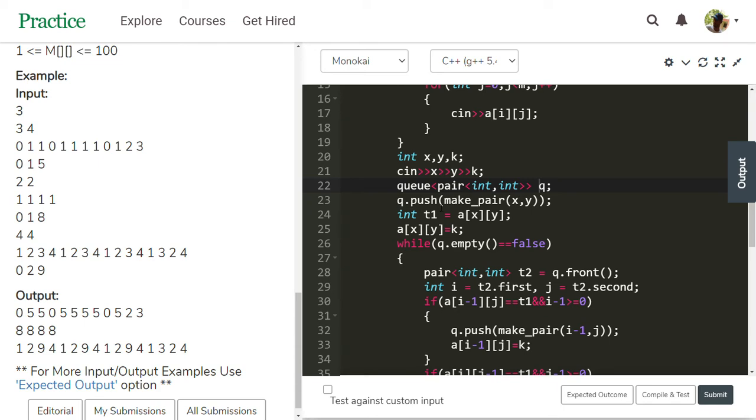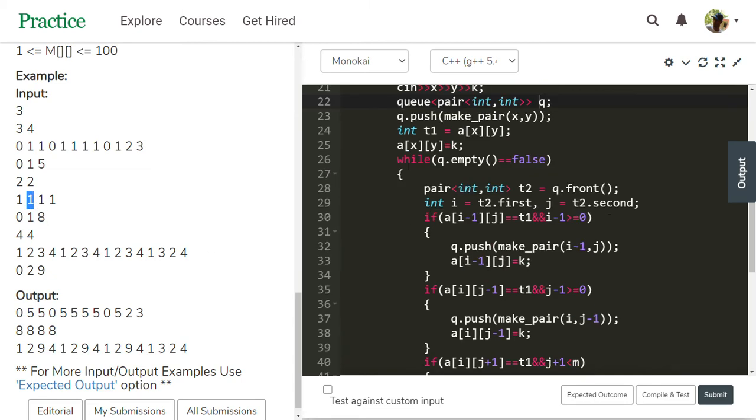Queue has 0, 1 now. T1 equals A of 0, 1, which is 1. So T1 is 1 now. A of 0, 1 equals k; that value is changed to 8. This is converted to 8.